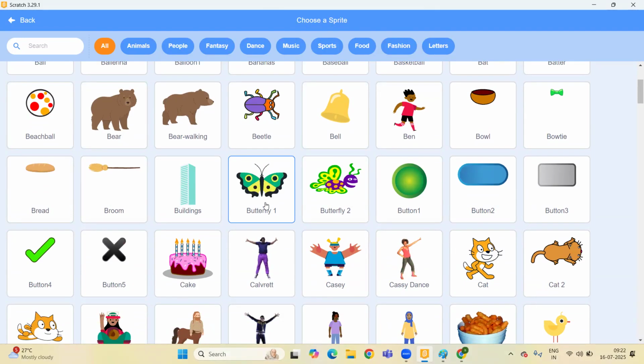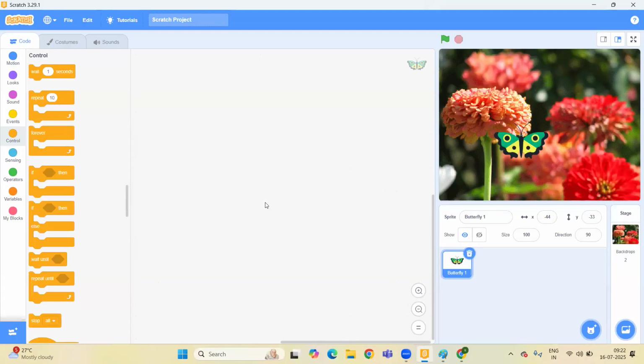So I can take this one. When you click on that, you can see your butterfly is in this stage area. Okay. Now you can set the position wherever you want to put it, like I want to put here or here. So it completely depends upon your choice.